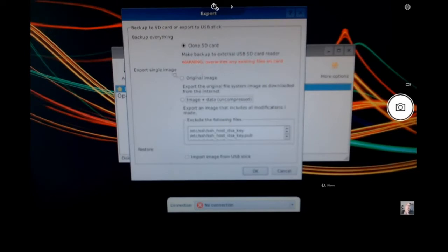Now there's a couple different ways you can back up here. If you're looking to do a backup of what you've done so far and you want to save all the changes that you've made, which I would recommend, you pick image plus data uncompressed, and then anything you've done up to this point is going to be in this backup image. This is a good thing to do if you've got everything working the way you want, and now you want to do something new or add something to it. If you make a backup first, then if something goes wrong and you can't figure out what's happening, or it's easier just to start over again, you have a backup image that you can restore and get back to where everything was working. Now if you click OK,